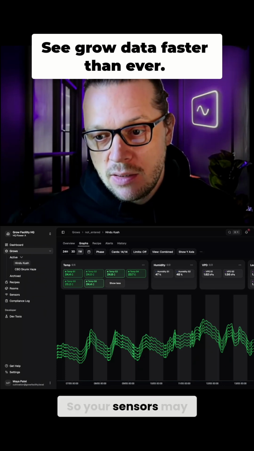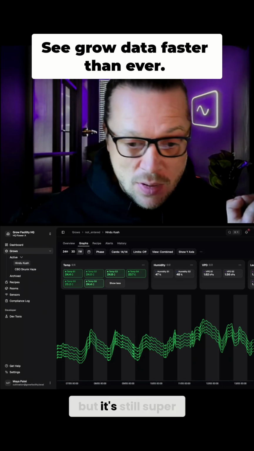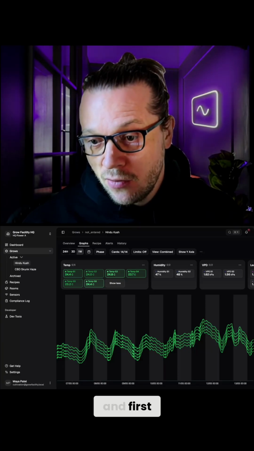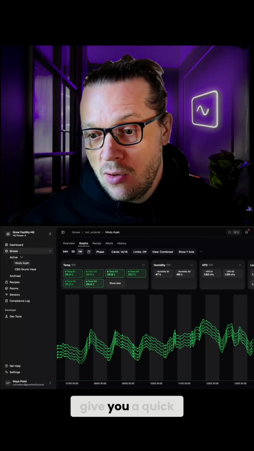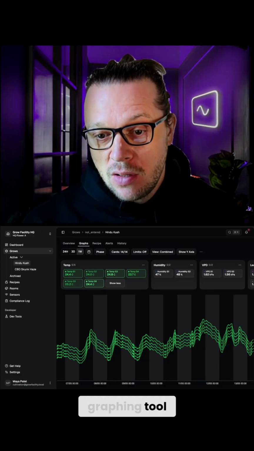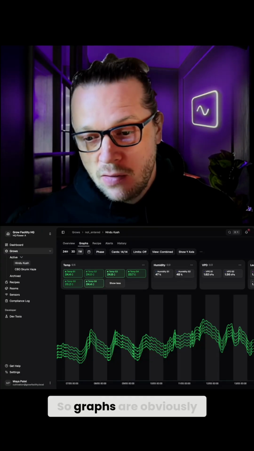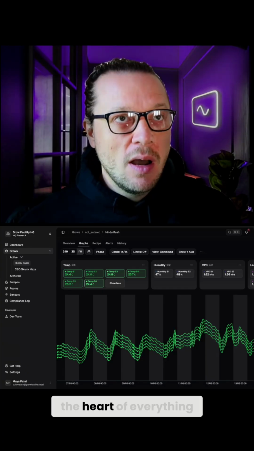So your sensors may be giving you accurate data, but it's still super important that your team can see the most important things quickly and first. So I'm just going to give you a quick overview of our graphing tool within our new facility management tool that's coming out soon. So graphs are obviously super important and they are at the heart of everything a modern